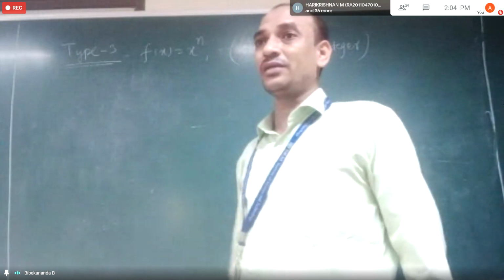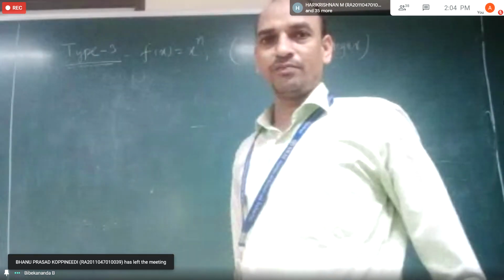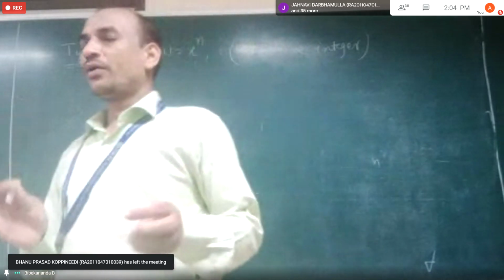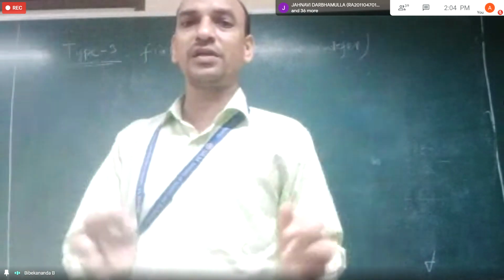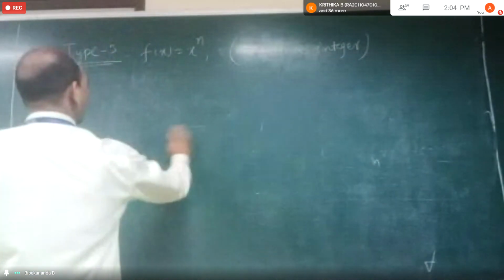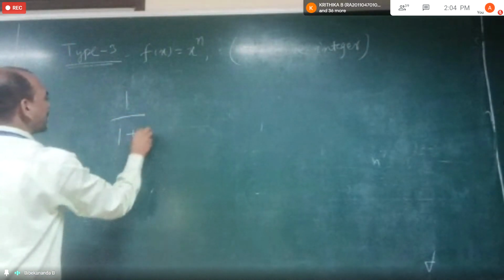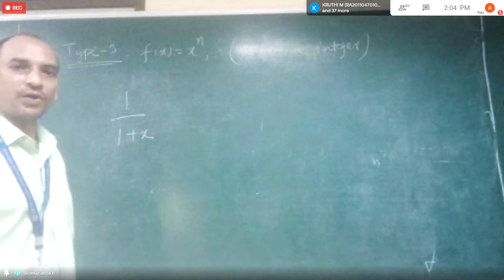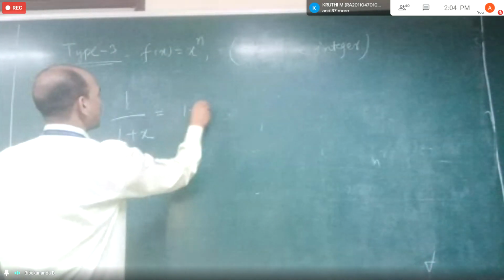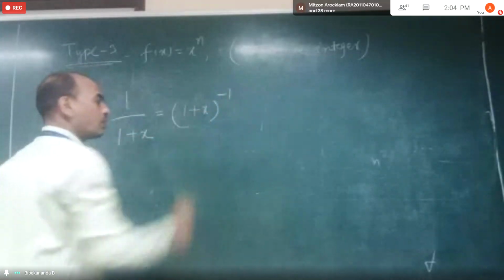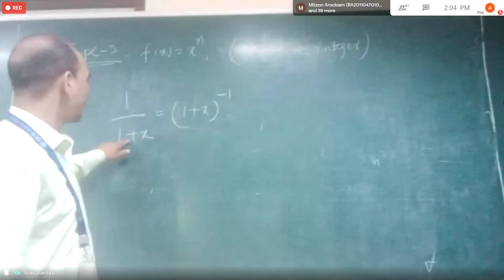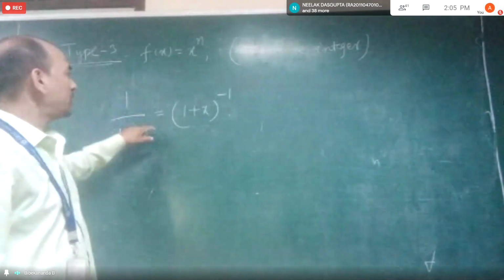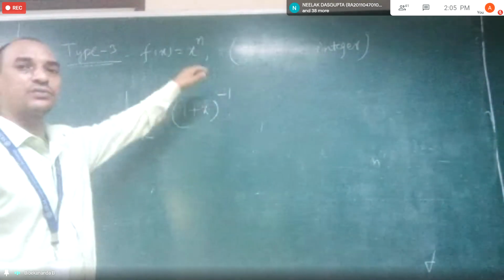Before going to this problem, I would like to remind you of whatever you might be knowing, because we will use those formulas here. Whether you know them or don't know them is not a matter. You just recall and write it. So 1 by 1 plus x, we can write it as 1 plus x to the power minus 1, because this is the denominator; if I take out the denominator, I will have 1 plus x to the power minus 1.